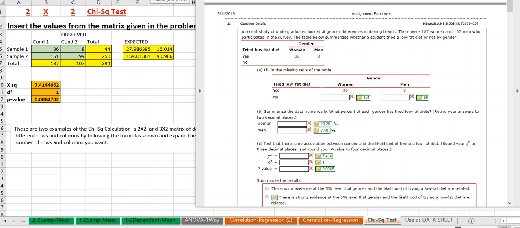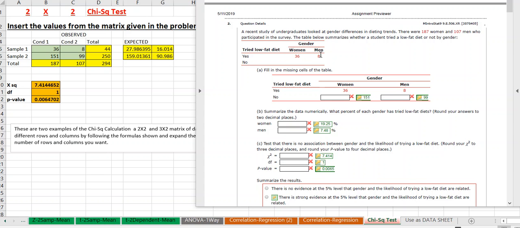Hello, I'd like to go over the concept of the chi-squared test with you, and in doing so, look at problem number 2 from the homework assignment. It says a recent study of undergraduates looked at gender differences in dating trends: 187 women, my example says, and 107 men. It only gives you the number of women who said yes and the number of men who